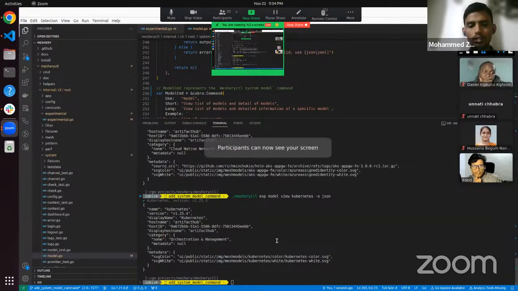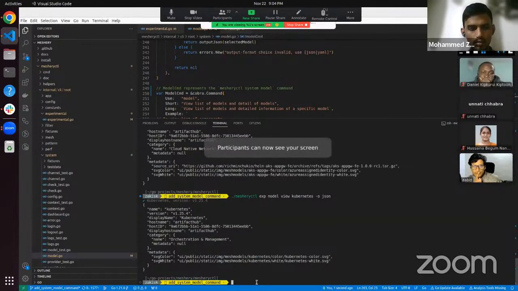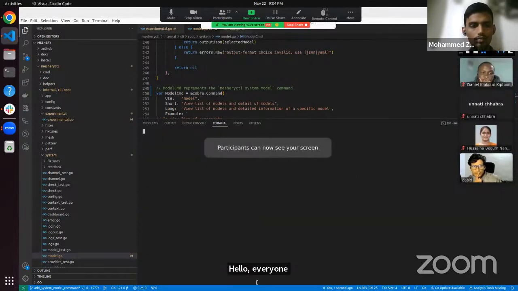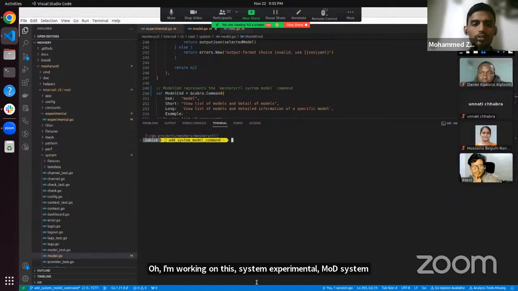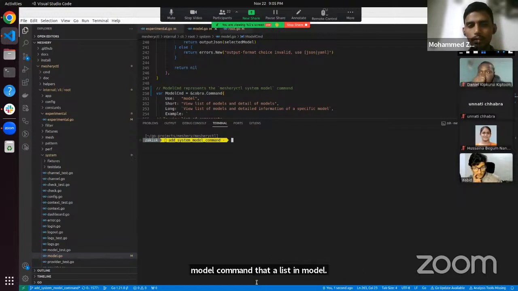Hello, everyone. I'm working on this experimental system model command. It is a model command that lists models in the terminal in Meshery CTL.